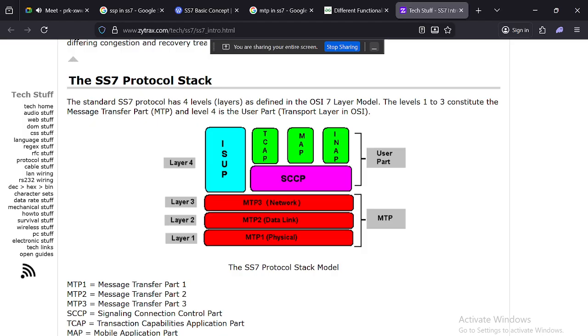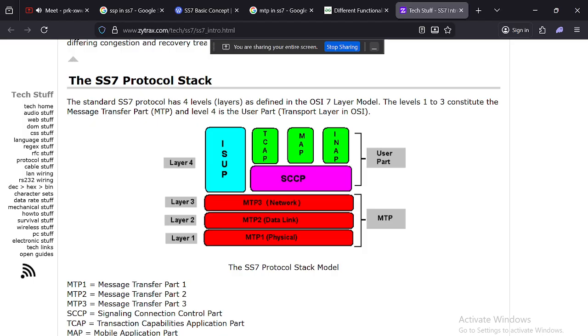So in these three things, the Message Transfer Part works like this. The physical layer defines the physical and electrical characteristics, whether there are standard connections or not. In the data link layer, if you have standard connections, it will send any type of messages, either in Telegram, WhatsApp, and other social media. It ensures reliable message exchange over a signaling link through error checking and sequence checking.